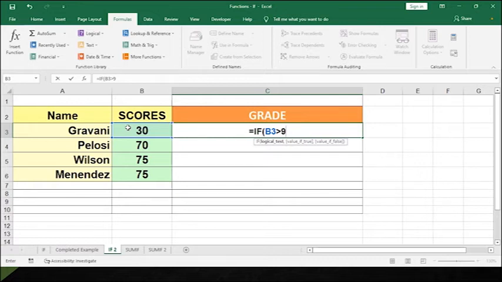So if I say equal sign, if cell B3 is greater than or equal to 90, now what do you want it to return? Let's say we return A, that is A grade, comma. So we follow that order by saying again, if that same cell B3 is greater than what? 50, comma, or you can say greater than or equal to, like I said. So let's say greater than or equal to